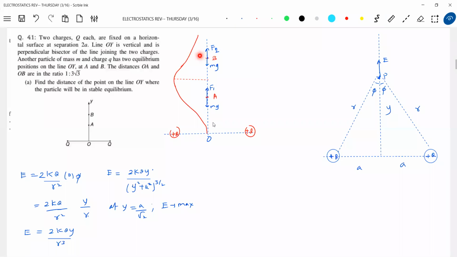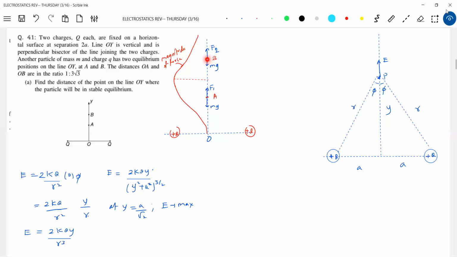The horizontal distance will indicate the force. The x-axis will indicate the force here. This curve is the magnitude of force. Okay, now getting to this one. If I slightly displace it vertically up, then the electrostatic force will decrease. Here it is in equilibrium, so F2 must be equal to mg. If you slightly displace it up, then the electrostatic force will become less than weight, and the restoring force will act vertically down, and it will come back again to the equilibrium position.